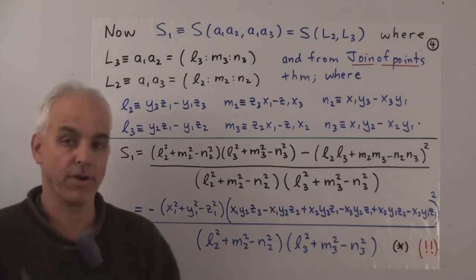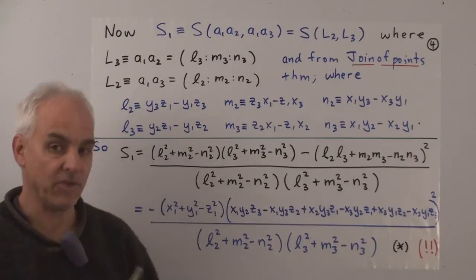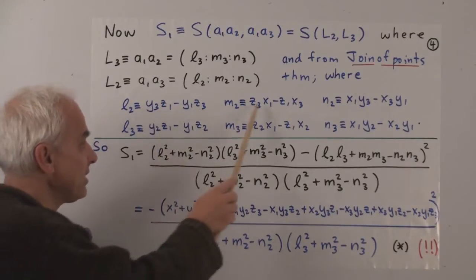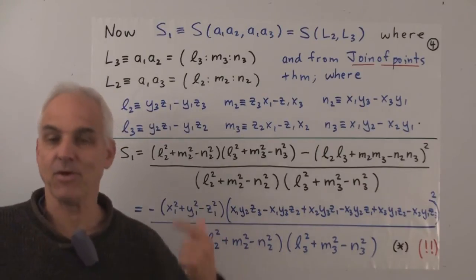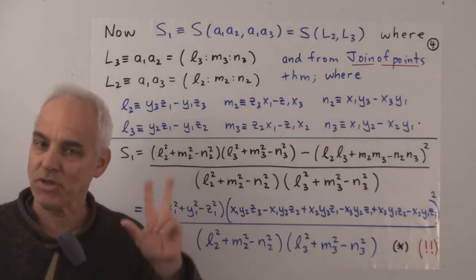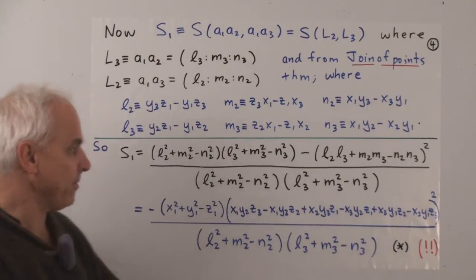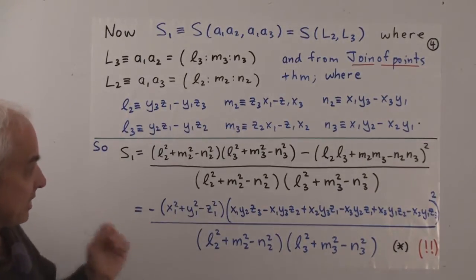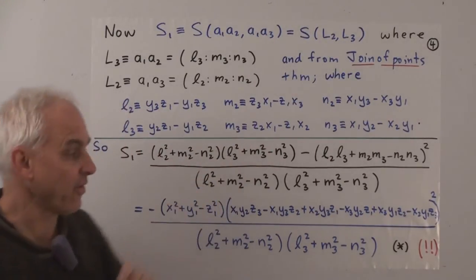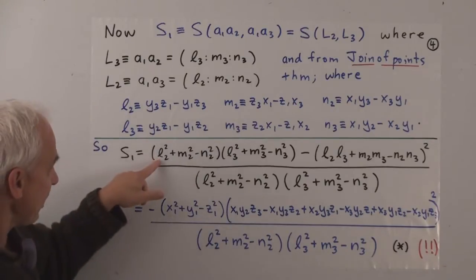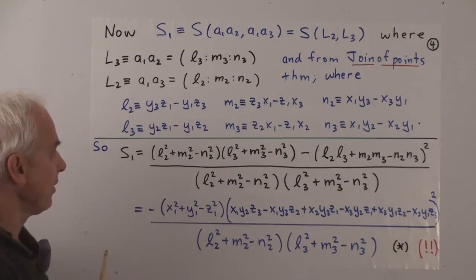Okay, now we have our work cut out for us. Because we have to replace these L's, M's, and N's with these expressions here to get something involving the X's, the Y's, and the Z's. Because those are the original coordinates for the points A1, A2, and A3. And you can see it's going to be somewhat involved. The numerator, which is the especially interesting part, this L2 squared, you're going to have to put this expression here inside there and square it.